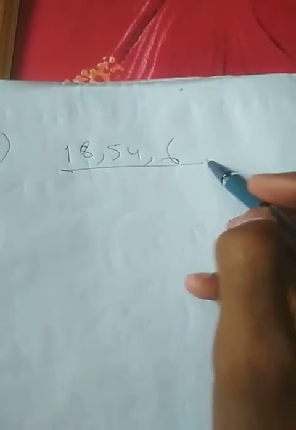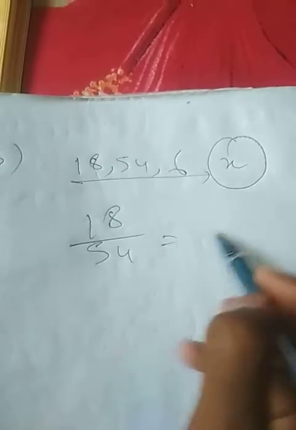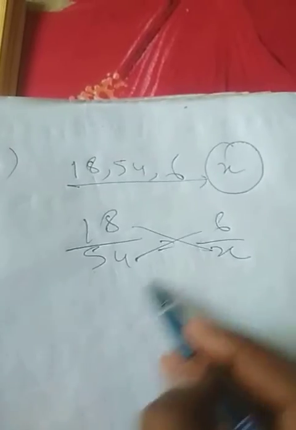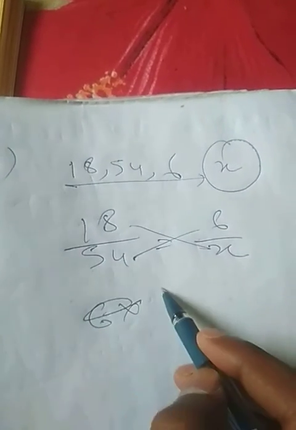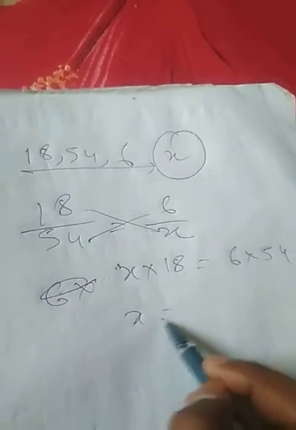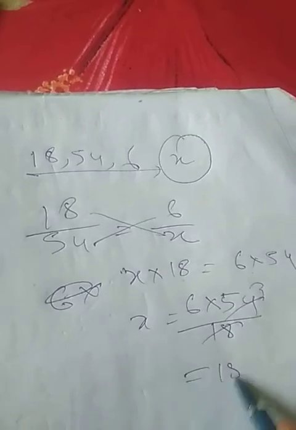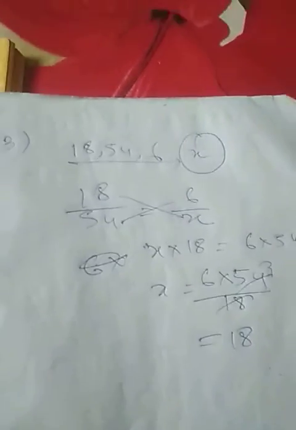Okay, there is other maths, how to find out the missing number. You already learned that. Now find the fourth proportion. Like 3 numbers are given, 18, 54, 6. It is said find the fourth. That means fourth one is missing here. Same process, 18 by 54 equal to 6 by x. Now cross multiply. So x into 18 equal to 6 into 54. So x equal to 6 into 54 by 18. So I got x equal to 18. This is the way to find out the fourth.